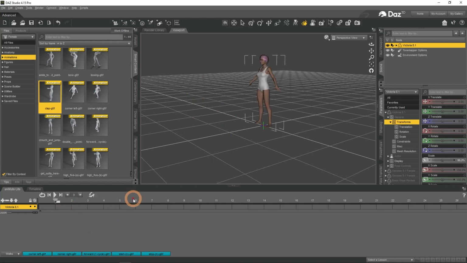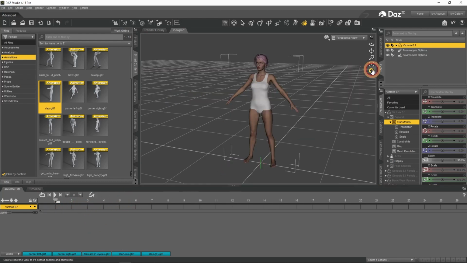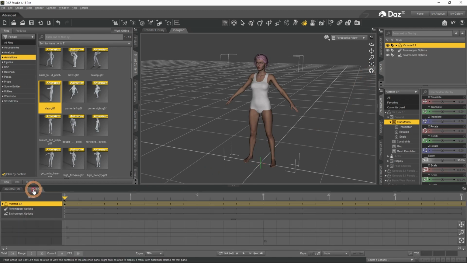I will delete all the Ani blocks that I have right now to work on another thing. And we will use the timeline this time. The interface is a bit similar to Animate Lite, but let's go through it anyway. Here on the left we have the character that we animate. And the timeline itself with a playhead on the right. The playhead can be moved to change the frame.